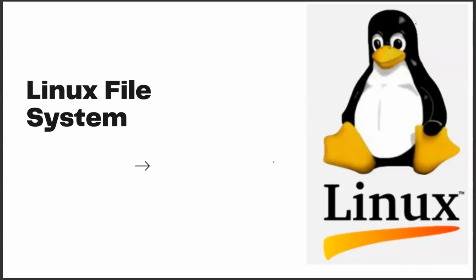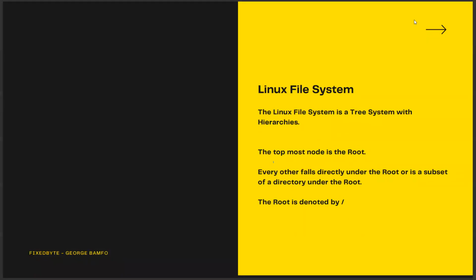So in this lesson, we're going to look at the Linux file system. With the Linux file system, it's just how the Linux operating system understands your hardware components and every other thing that comes with a particular computer that you're working on. And so anytime you install a Linux operating system like the Ubuntu one we have here, the system automatically would